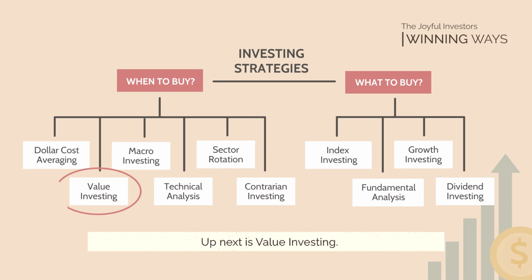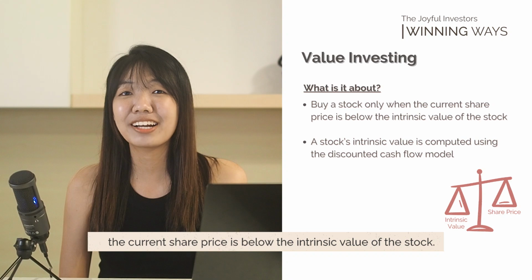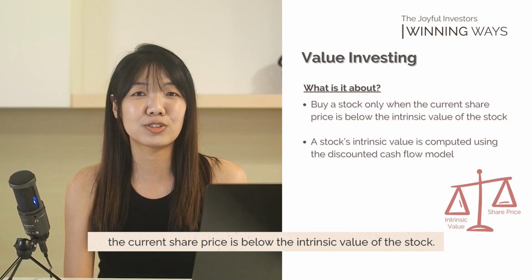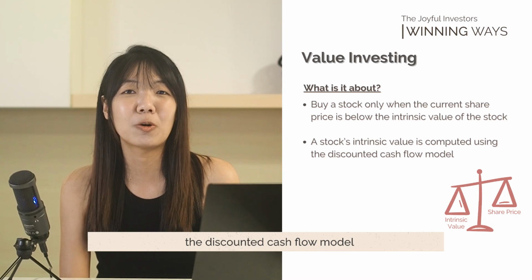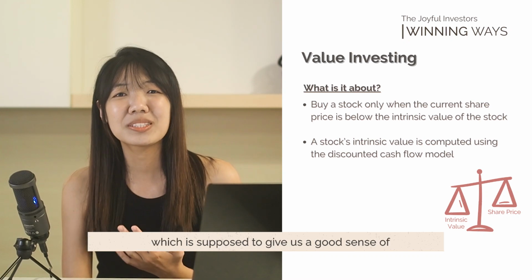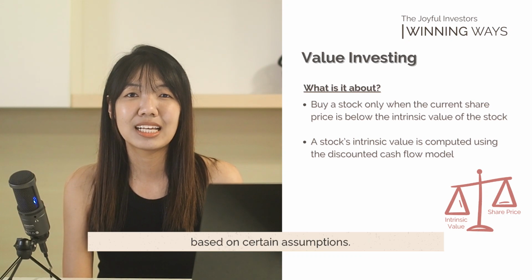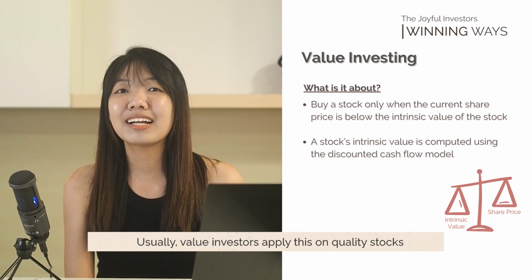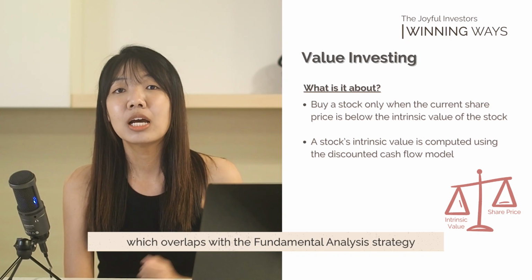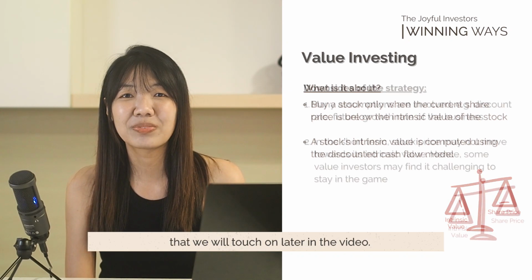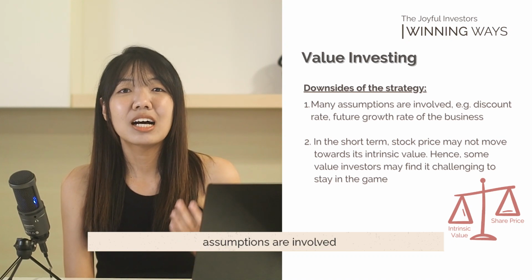Up next is value investing. Value investors only buy a stock when the current share price is below the intrinsic value of the stock. A stock's intrinsic value is computed using the discounted cash flow model, which is supposed to give us a good sense of how much a stock is potentially worth based on certain assumptions. Usually, value investors apply this on quality stocks, which overlaps with the fundamental analysis strategy that we'll touch on later on in this video. The downside of this strategy is that while the theory of DCF is sound, assumptions are